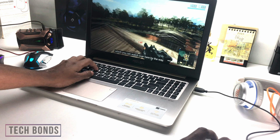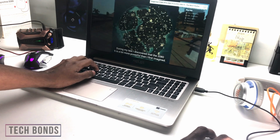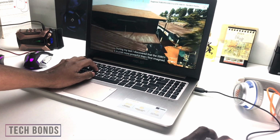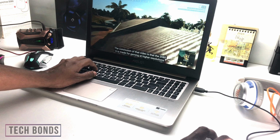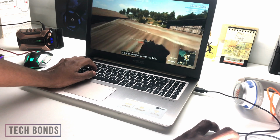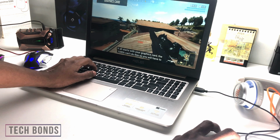While playing PUBG with medium settings and NVIDIA Battery Boost set to 30 frames per second, the battery lasted for 1 hour and 18 minutes. Compared to other larger and heavier 15-inch laptops that I have tested, the VivoBook did extremely well in gaming, likely thanks to the lower-powered graphics, and the key point is when we play games or design,